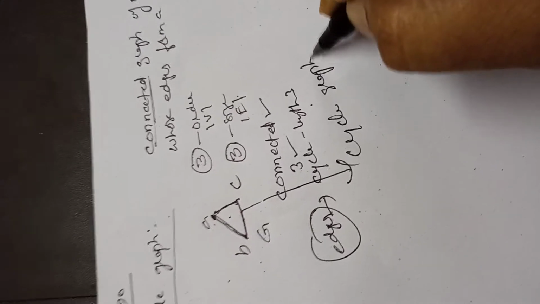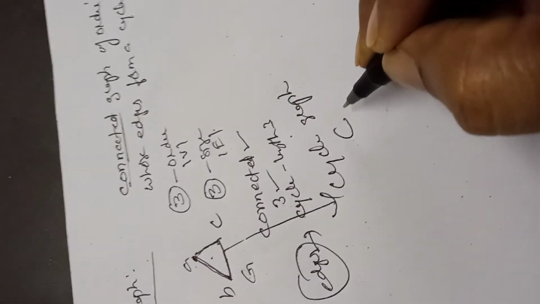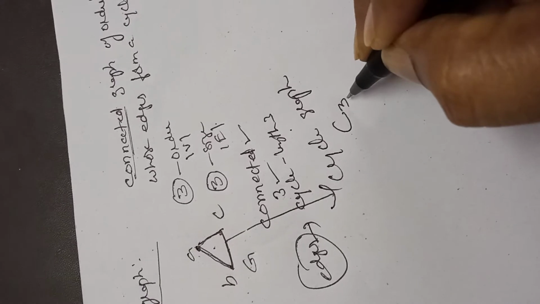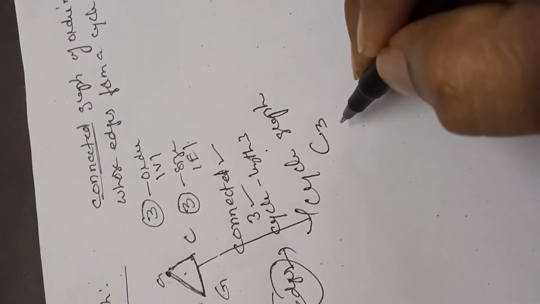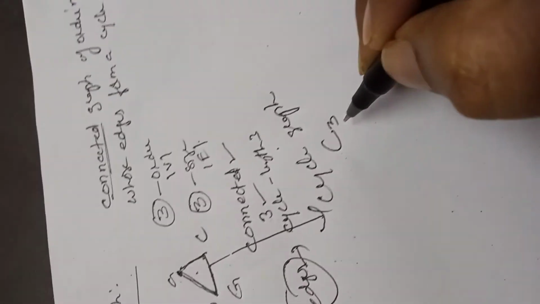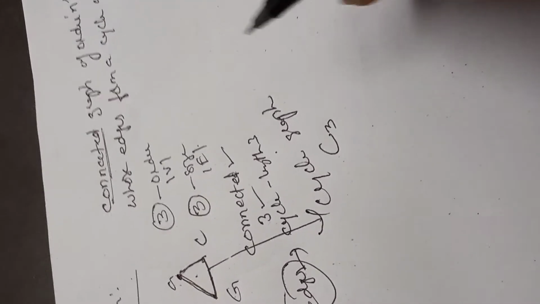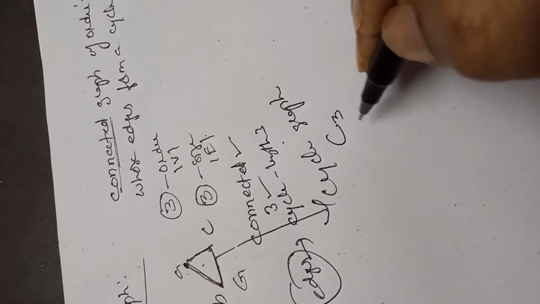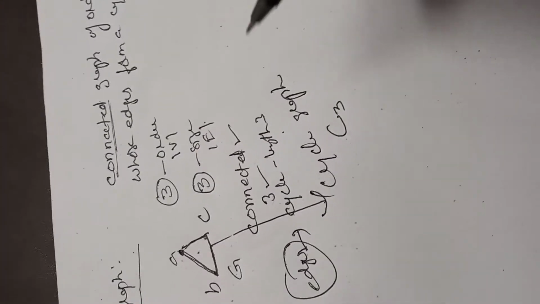Cycle graph is denoted by C, with the number of vertices as a suffix. Therefore C3. Here the suffix 3 indicates the number of vertices in the cycle graph and also the number of edges in the cycle graph. And the next example,